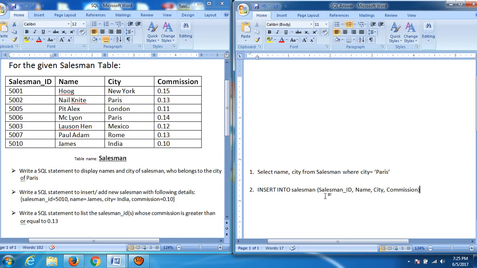So these are the field names in our salesman table, and we want to insert data in these fields.